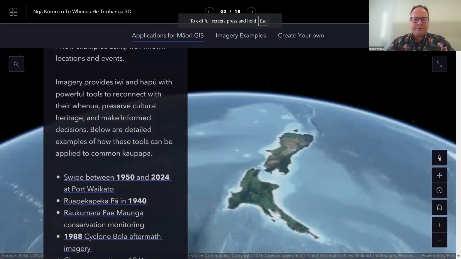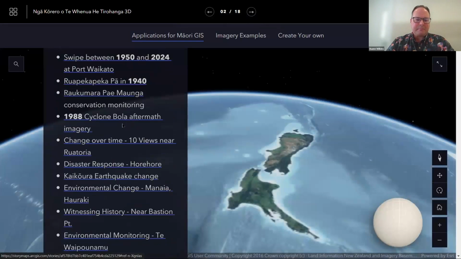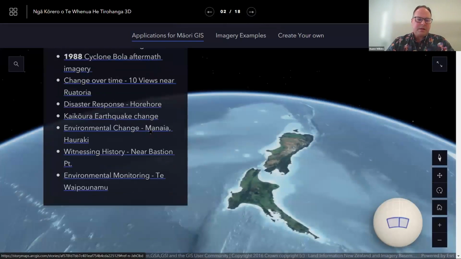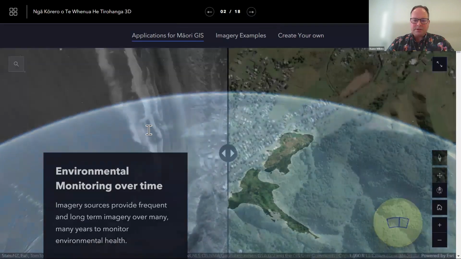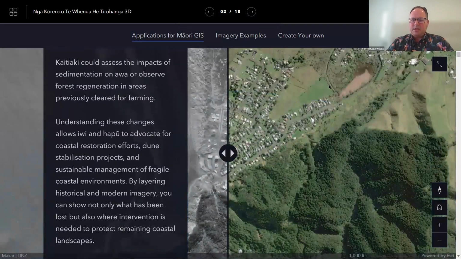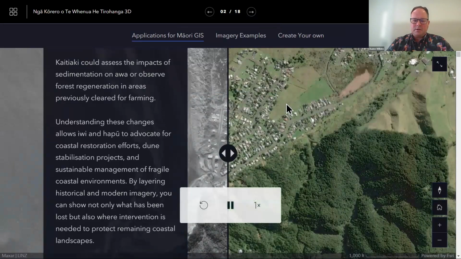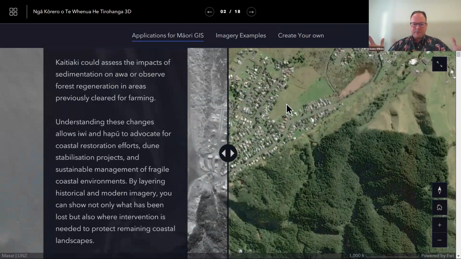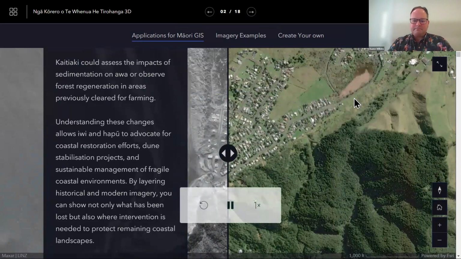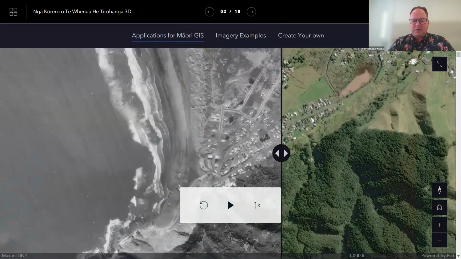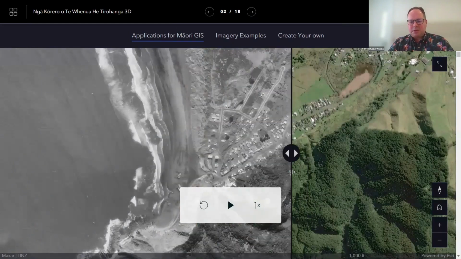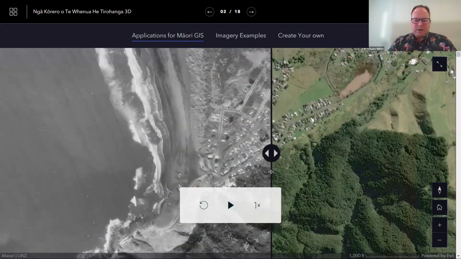And as you scroll through the stories, different things will come up, and you can either click them just as they go by, or you can just kick back and watch the story go. Now, there's one trick I want to show you: if you press up here and turn autoplay on, you can just sit back and watch the show, and it'll go through the whole story. Well, it's not on mine at the moment, probably because I'm sharing screen. But I've got lots of examples embedded in here that I think will provide you with some examples of how you can use this imagery.